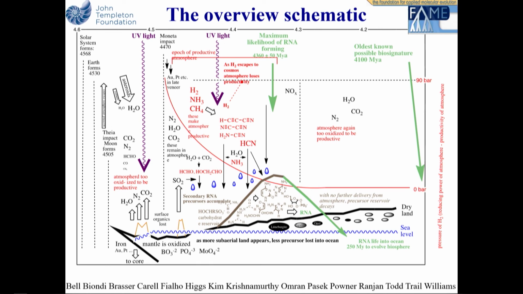More dry land occurs as it goes along. You have these rocks at the bottom, which are described as oxidized mantle, which are stabilizing the RNA. And sometimes the brown turns to green, as Darwinism forms with a maximum probability at 4.36 billion years ago. And if you believe Beth Ann's interpretation, I think her result is correct, though the interpretation is open, you now have 250 million years to get a biosphere on Earth. With that, let me stop. Thank you for your attention.